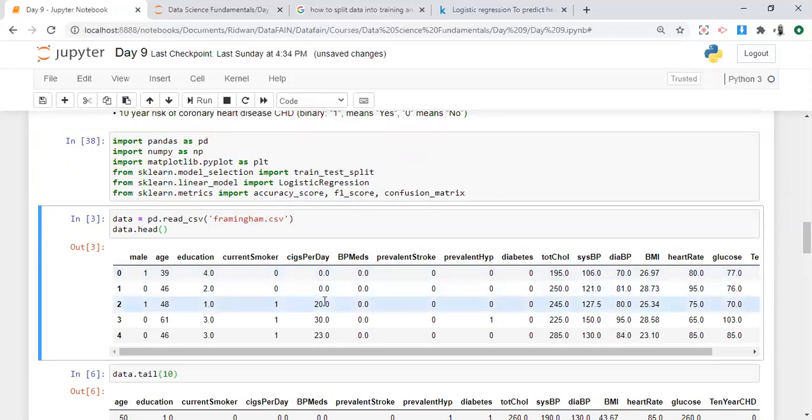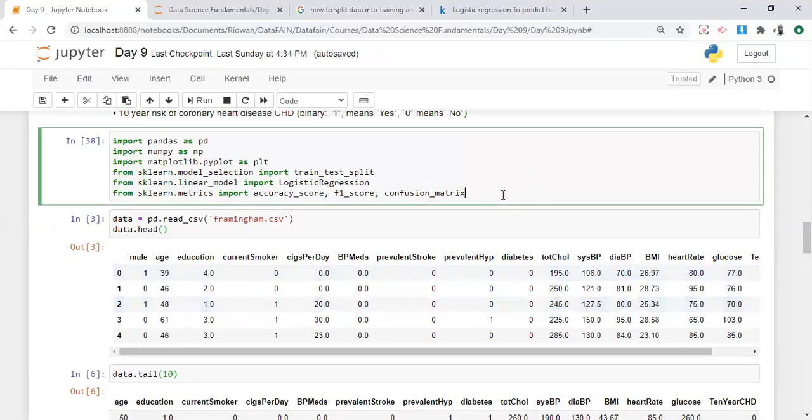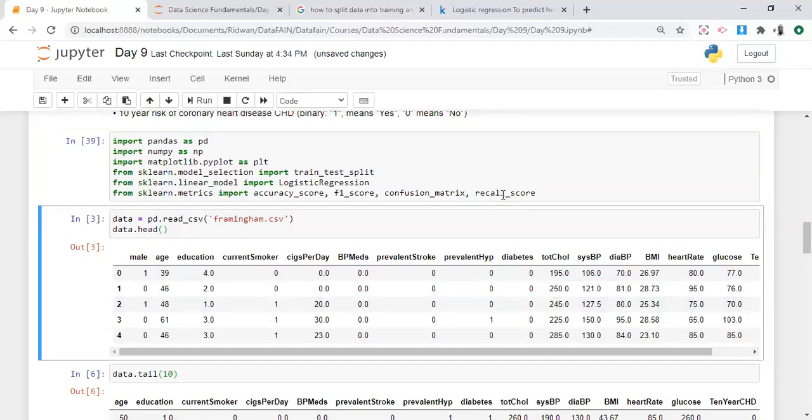So this may be the last problem we'll be taking before we get to the final capstone project. For the capstone project, you're going to have one week to complete it, and it's going to capture everything from the start of this program till the very end of it. And recall. So these are some of the metrics that we measure,